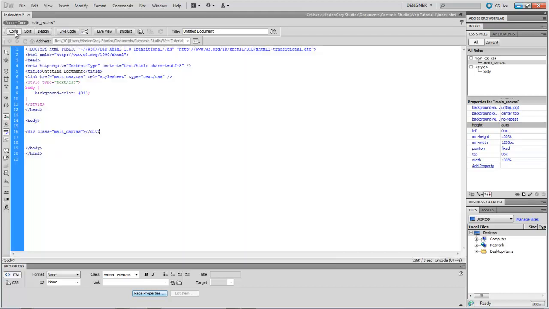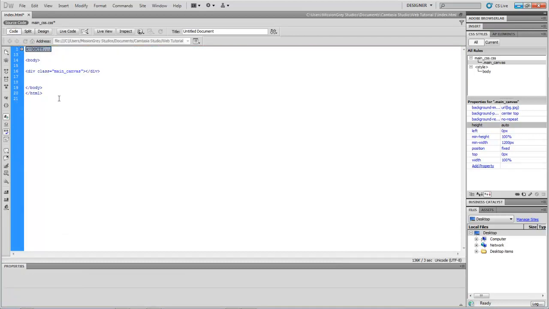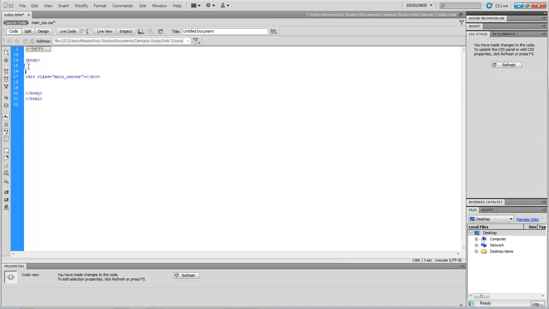Something that's nice to do too in your code is if you take this, the head and everything above it, select it, and then hit this little minus key, hides that out of the way. And another nice thing to keep track of your